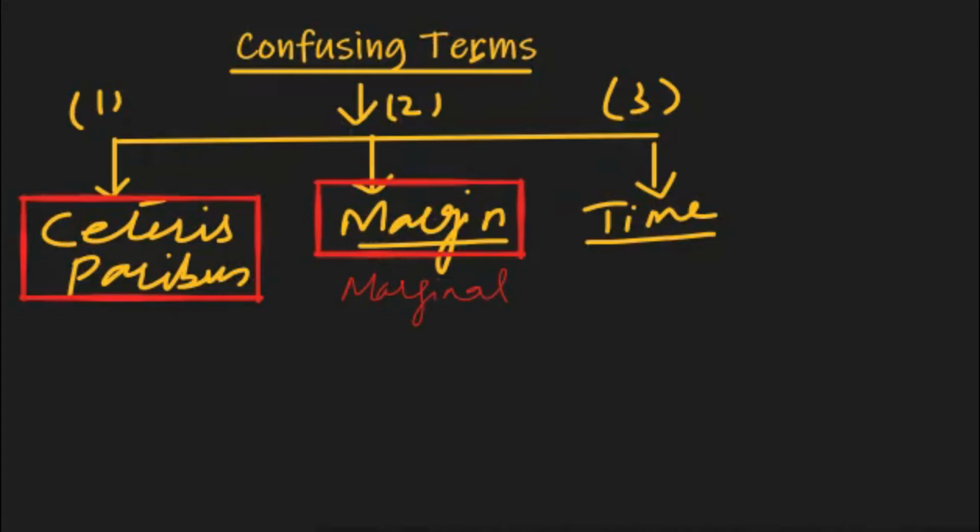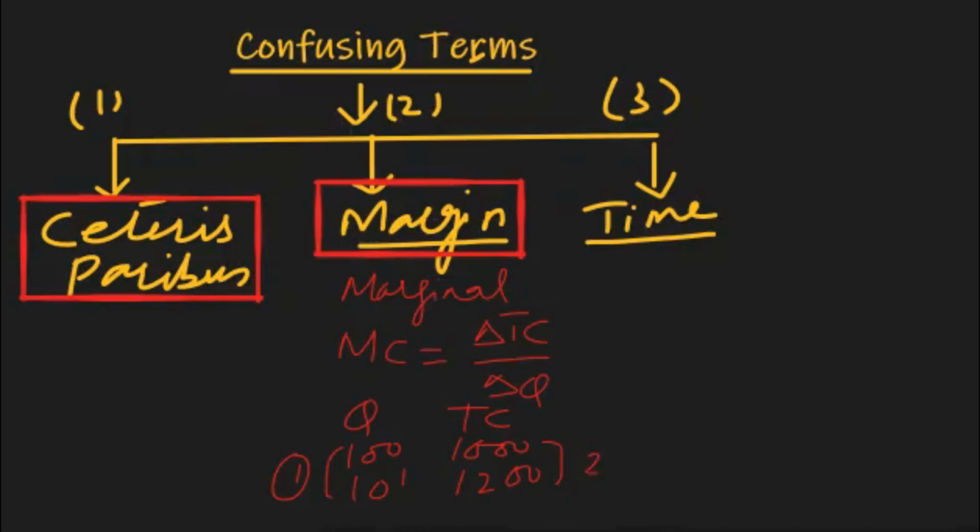For example, in case of cost, we generally consider marginal cost, which is the change in total cost divided by the change in quantity. If we were already producing some output, let's say we were producing 100 units of a certain product, the total cost for 100 units produced was, let's say, $1,000. And if now we decided to produce one additional unit, the total cost may rise to $1,200. When we produced one more unit, we have to pay $200 extra cost. So this extra cost of this extra unit produced is called marginal cost.